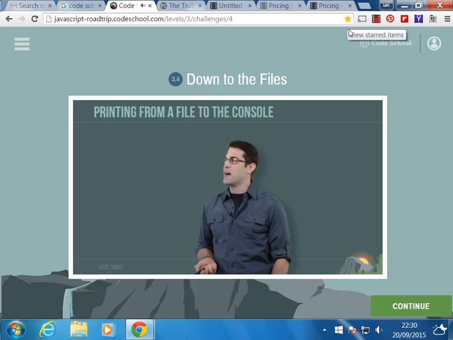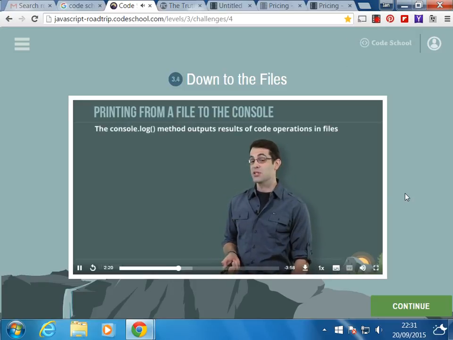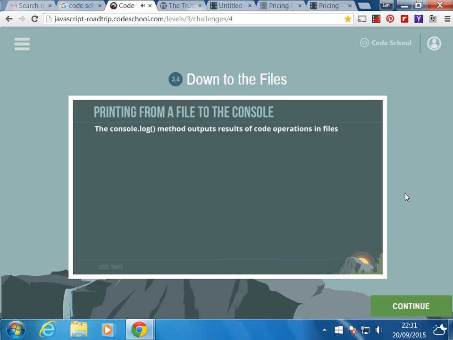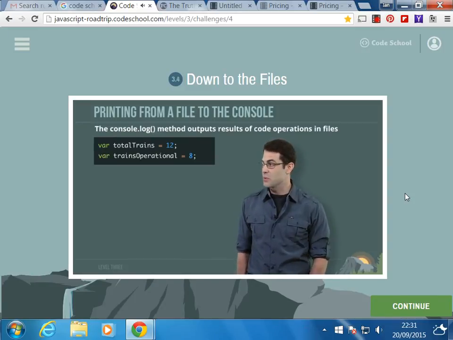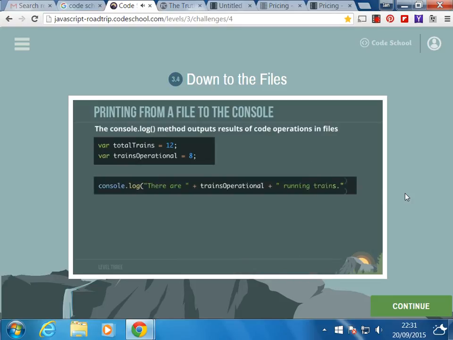So in order to print from a file to the console, we'll use this cool method called the console.log method. It's going to output the result of your code operations from your file to the console. So let's say in our train system we had 12 total trains, as we know, but we also have today 8 operational trains. If we wanted to build a message for the user on the console that told them how many running trains we have today, we could use the console.log method and place an expression that builds a string inside its parameters. This would log out or print the contents of the string to the browser's console,